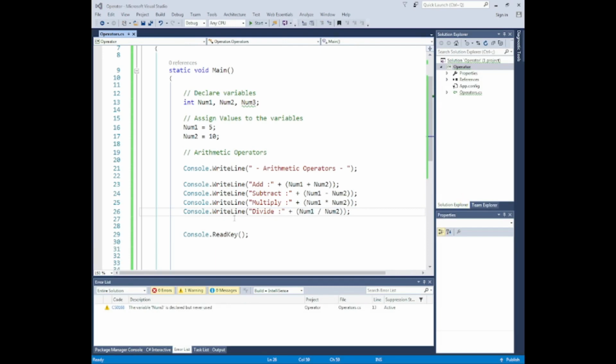Okay, so the next one we're going to look at is the mod operator, sorry. I'm going to Control C that line, and we're going to change this label to modulus, and we're going to change the operator to a percentage sign. And if we press F5 to run,